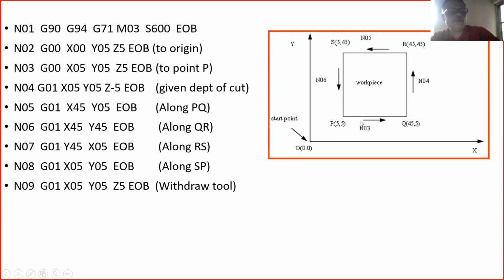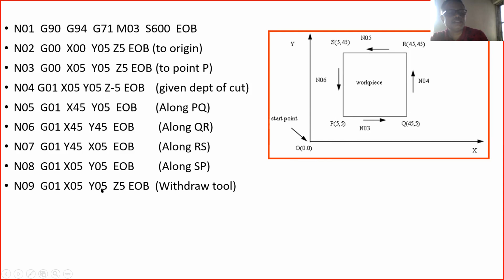Next, you have to withdraw the tool by writing Z5. You can see it was Z minus 5 here to give the depth of cut. After the machining is over, you have to withdraw the tool, so write Z5 here. That is G01, X05, Y05. This is the start point. Once you have completed the machining operations along this rectangular path, you have to withdraw the tool.